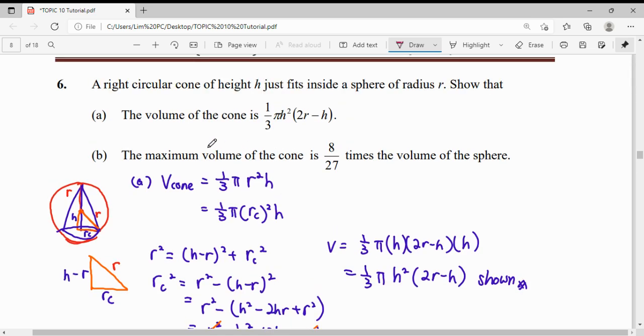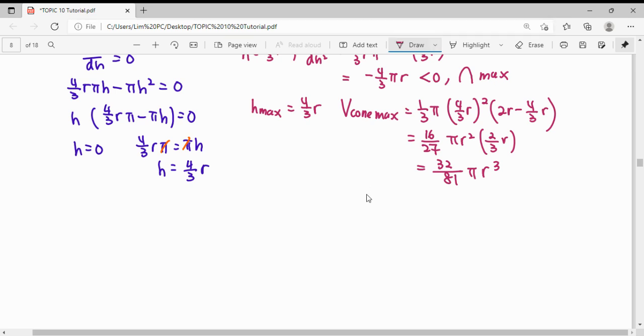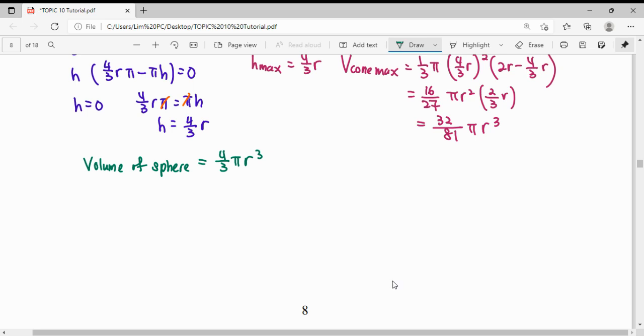So after we obtain this maximum volume of the cone, we will try to prove it is 8 over 27 times the volume of the sphere. So we have to do the ratio. The following step, we're going to find the volume of the sphere. They just want the volume of the sphere, no need for maximum and minimum, just the normal volume, because our sphere is constant. So the volume of the sphere formula is 4 over 3 pi r cubed. So when we do our ratio,